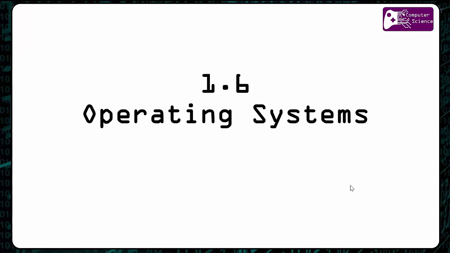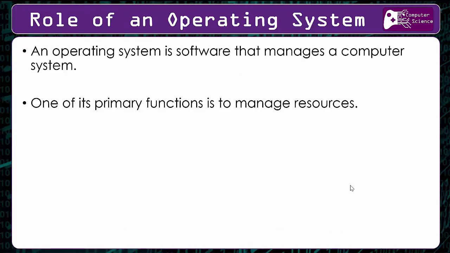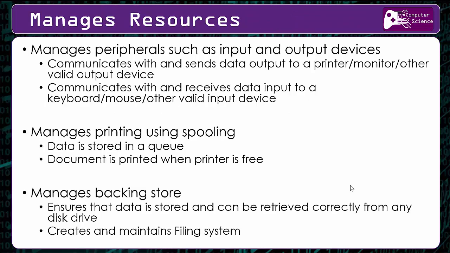This video covers the entirety of 1.6 operating systems. So an operating system is essentially software that manages a computer system, and one of its primary functions is to manage resources. So in terms of resources, the things that we mean are it manages peripherals such as input and